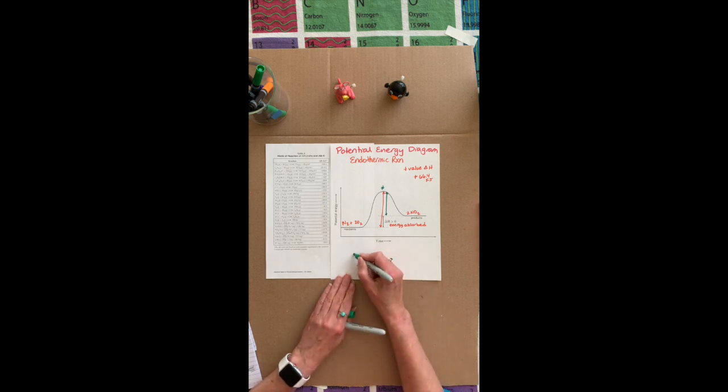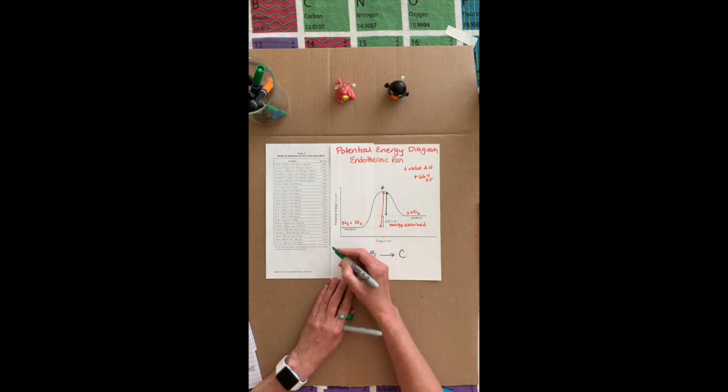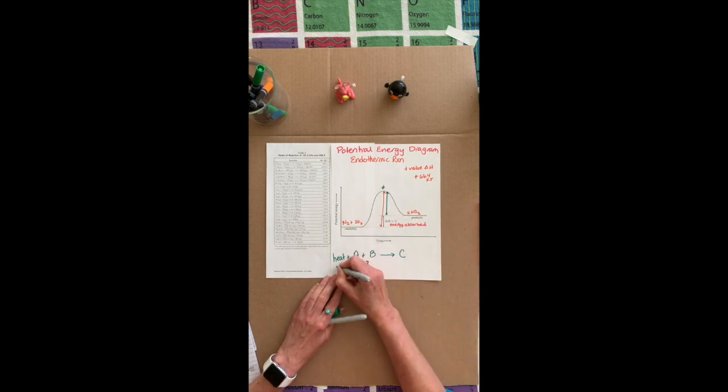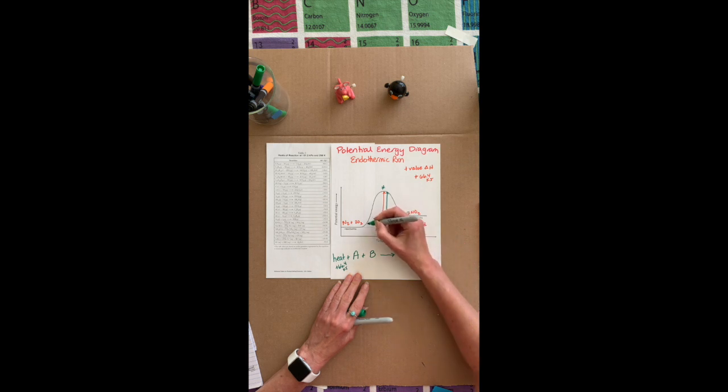To make this simpler, I could just write A plus B yields, in this case, there's only one product, so I'll just say C. But energy needed to be absorbed. So heat plus A plus B yields C. Could this be energy? Just written, the word energy? Yes, heat is a form of energy. And the amount of energy in this example is plus 66.4 kilojoules of heat. If I added a catalyst,